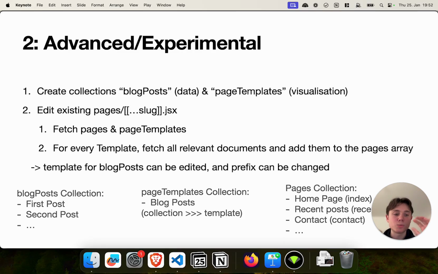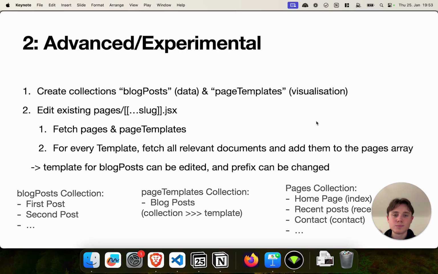So in this case, it could be our blog posts data collection, and then add them to the pages array by using placeholders and replacing values, so that in the end we get a large array which consists of, first of all, our standard pages, but then also our page templates that turned all of our blog posts into a page template, which is then rendered as a page as well. It might sound a little bit complex,